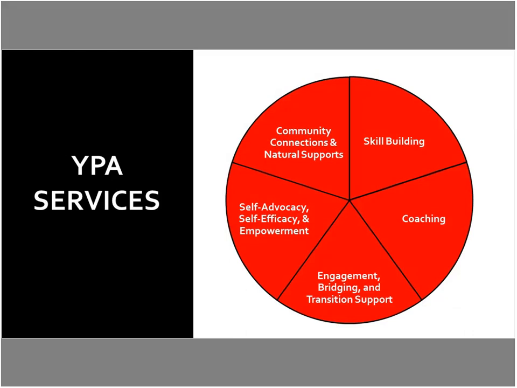So, community connections and natural supports. Youth peer advocates work to foster community connections and natural supports. They do this by supporting young people to develop a network of people in the community and resources that can provide the young person with information and natural support. These connections support a young person's long-term wellness. In addition, youth peer advocates facilitate youth peer resiliency and recovery support groups that can further support a young person's connection to their community and natural peer support.